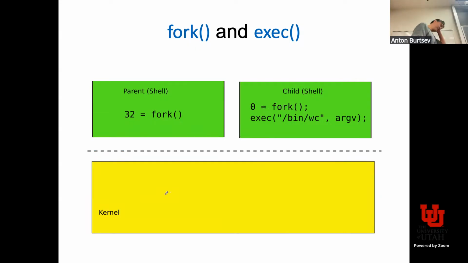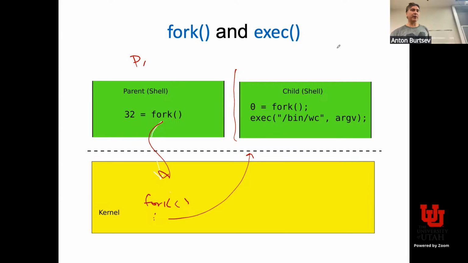Okay, let me go over it again. It's important to understand, and we'll understand it in detail. But first, let's understand it like this. It's a call into the kernel, and the logic of fork in the kernel creates a new address space. It's a new process. This was process P1. This becomes process P2, which means that the kernel probably has a list of processes, and now there will be a new process on this list. You can pass it to a scheduler, you can context switch into it later, but it's not ready to run yet.